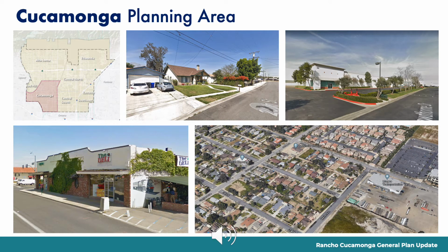Most of Cucamonga was designated as industrial in the 1980 General Plan. The community originated as small neighborhoods for the owners and workers in the vineyards. Homes were built next to wineries and packing houses, surrounded by vineyards and other agricultural production. Over time, the community evolved from an agrarian village to a suburban area with a mix of industrial uses and